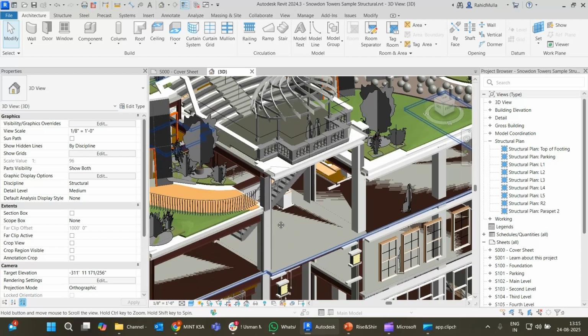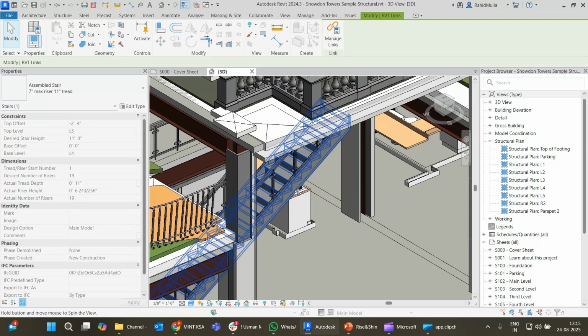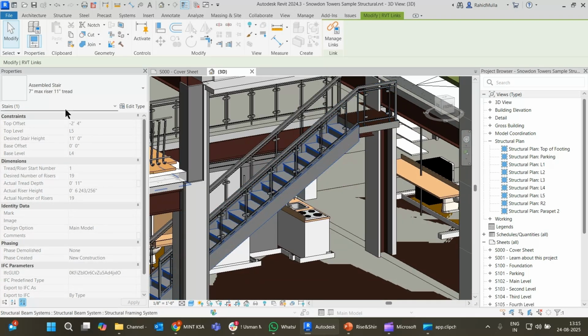For example, consider that this is a stairs which you want to model again. As you can see here, this is a stair where everything is grayed out, and if I place my cursor here, it says that this stairs is coming from the linked architectural file. This is a structural model. So you have made up your mind that if this stairs is in your model, somehow you can interact with the stairs and do a bit of modification instead of modeling this entire stairs right from scratch.